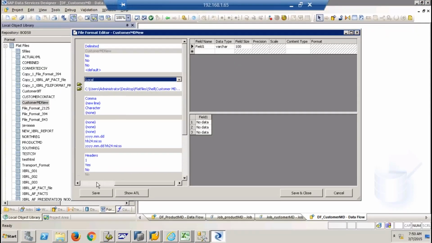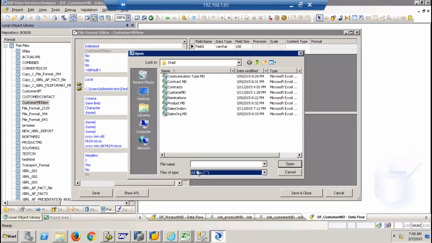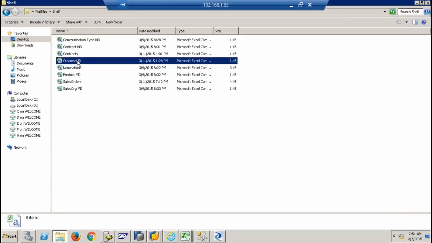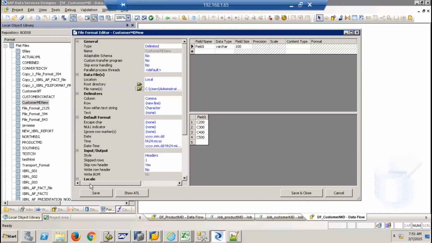And on this data separator where let me just open this in then why